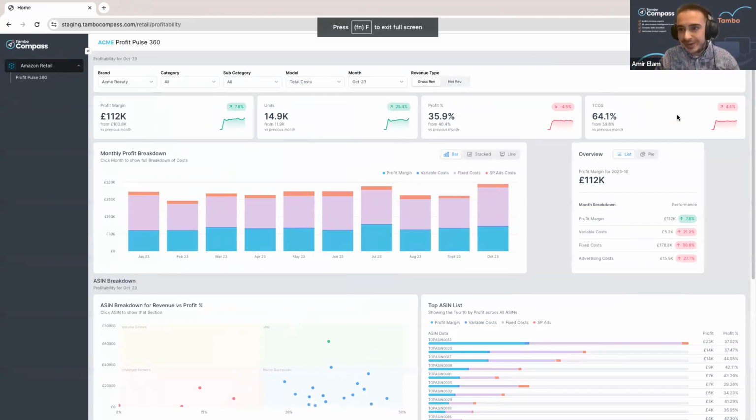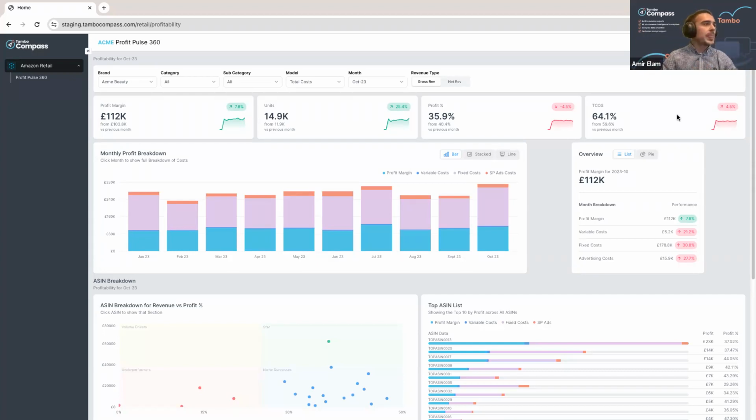So for the first time ever, we're presenting this. Just before I dig into the platform, I want to say that all this data is demo data, so some of the numbers might not make sense. We've tried to populate a number to give you a bit of a feel for what you would get if you had access to this. Obviously, if it were your account, the data would be linked to your account, and your costs would therefore be